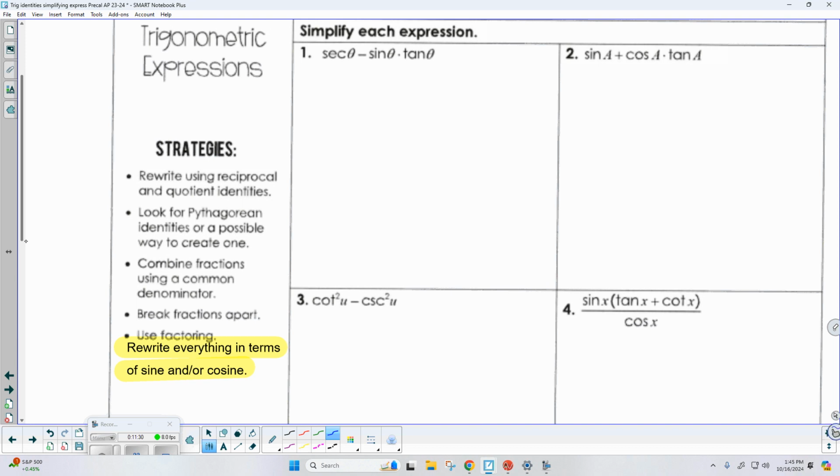Now, I was really surprised when I first saw this resource. This is probably, I think, the best strategy, especially for students who are just starting this. If you hit a brick wall, if you're not sure what to do, okay, here's